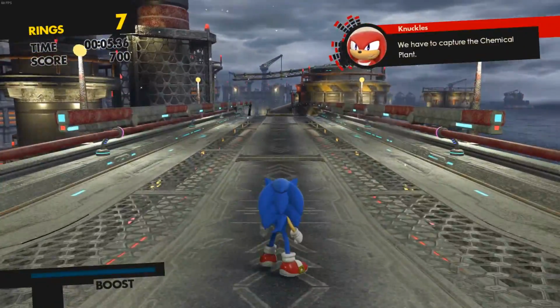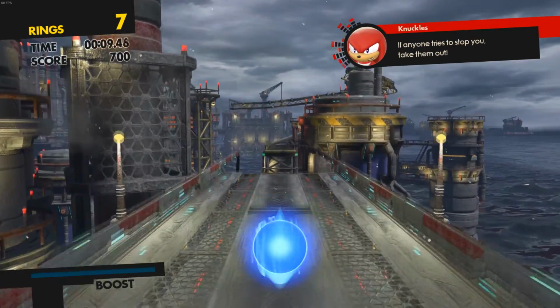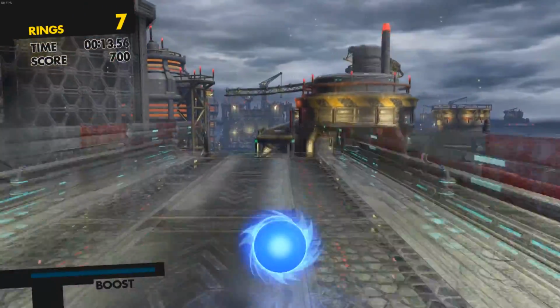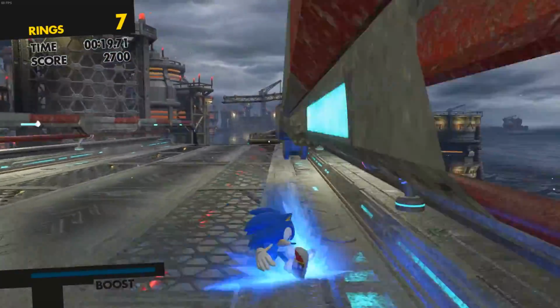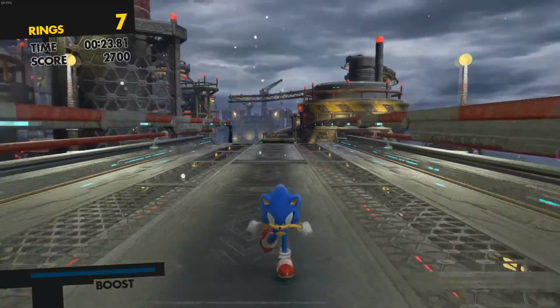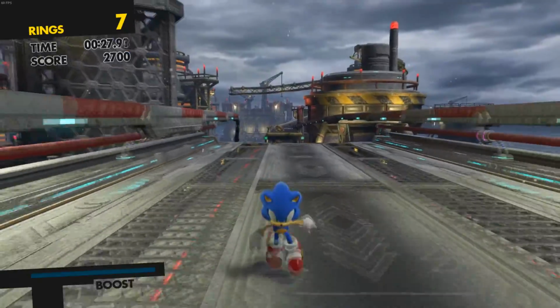So this level is split into two sections. There's this first part out here where you're outside of the network terminal chemical plant, and the second half is where you're inside of the chemical plant. So I'm just going to call these the indoor and outdoor sections. With the outdoor section, the focus is basically